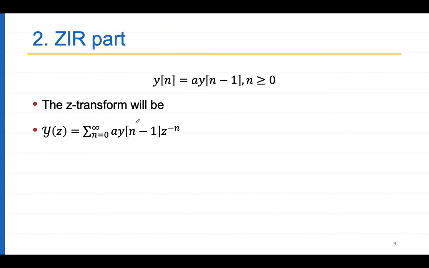So Y(z) is the Z transform of y[n]u[n]. So my y[n]u[n] is a times y[n-1] z to the power minus n, and because of u[n] my limits are from 0 to infinity, right? Now if I solve this,